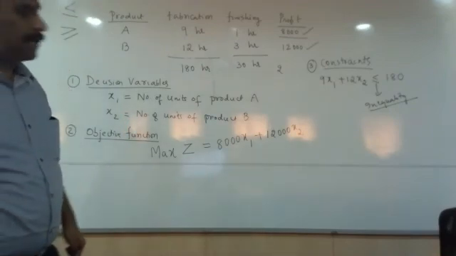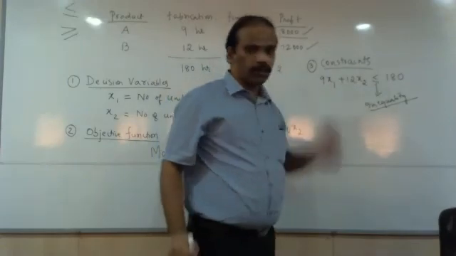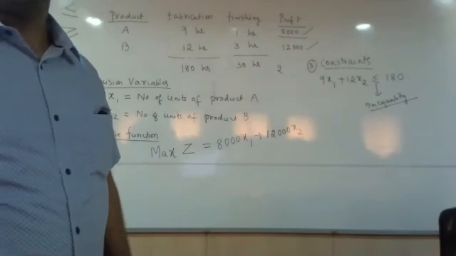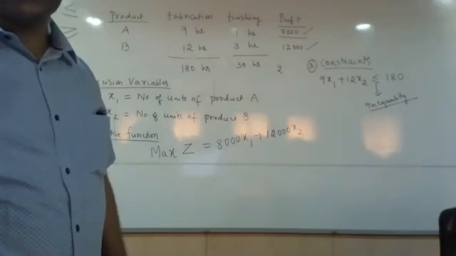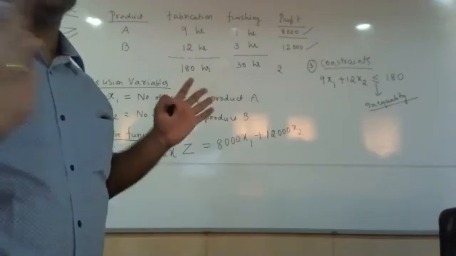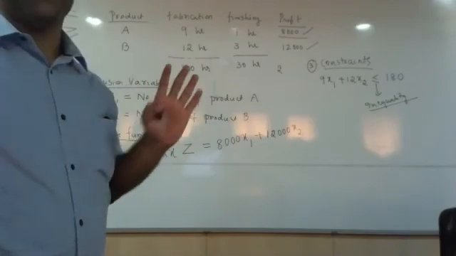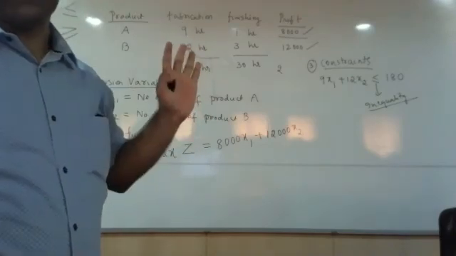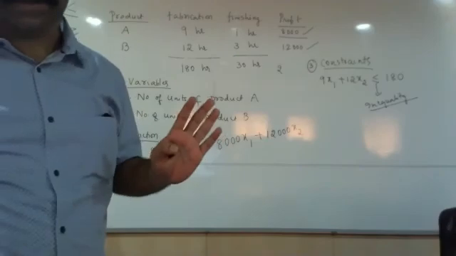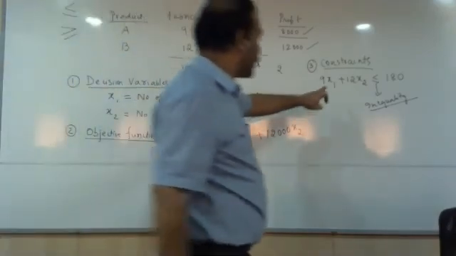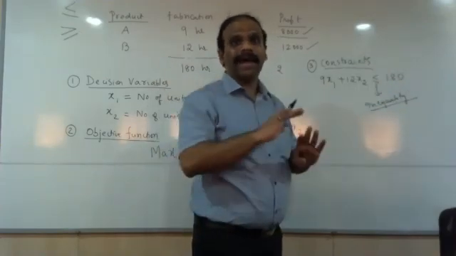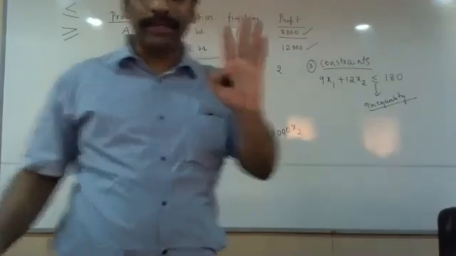Now can anybody please tell me why I have used less than or equal to? Can anybody tell me why? It can't be more than 180 hours. No, sir. Very good. The maximum. Simple less than or equal to very clearly indicates that either it can be equal to 180 hours or it can be less than 180, but I cannot go beyond 180 because that is the maximum availability. After 180 hours of fabrication, even 1 minute extra I cannot work. Therefore I should write it as 9x1 plus 12x2 less than or equal to 180. Within 180 I have to complete this. That is a constraint or that is a limitation.